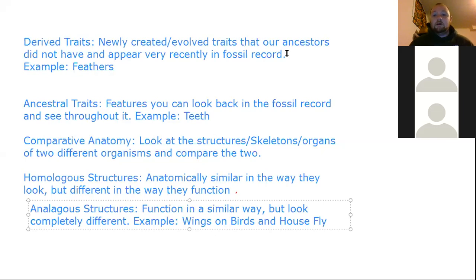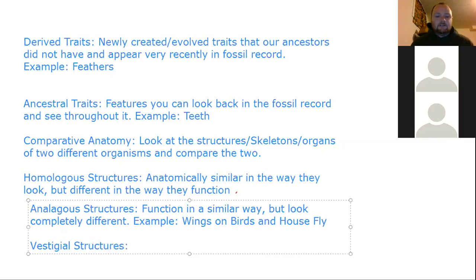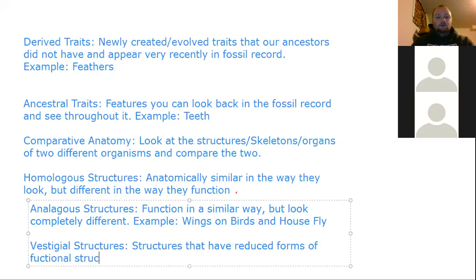All right. So anyway, one last thing I want to talk about when I'm talking about comparative anatomy, and you guys might have heard of this before, so let's go with vestigial structures. Okay, so vestigial structures, all right, these are going to be reduced forms of functional structures in organisms that ancestors used to have. Okay, and so that's kind of a weird way to put it, but an example of vestigial structures, okay,